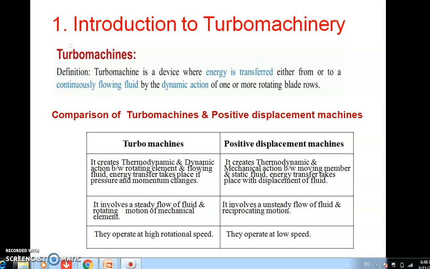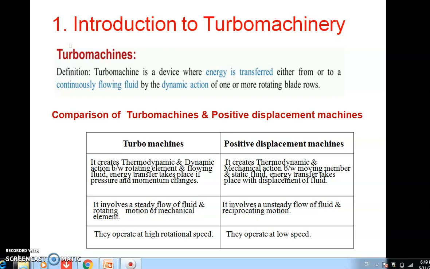In applied thermodynamics, the reciprocating air compressor was the kind of positive displacement machine. There you might have seen the reciprocating motion of the piston and cylinder arrangement, but there was no rotary part involved in that. There was linear motion in the piston and cylinder. I am not talking about the conversion of reciprocating motion into rotating motion. I am talking only about the reciprocating motion, where you have only linear action, no rotary action.